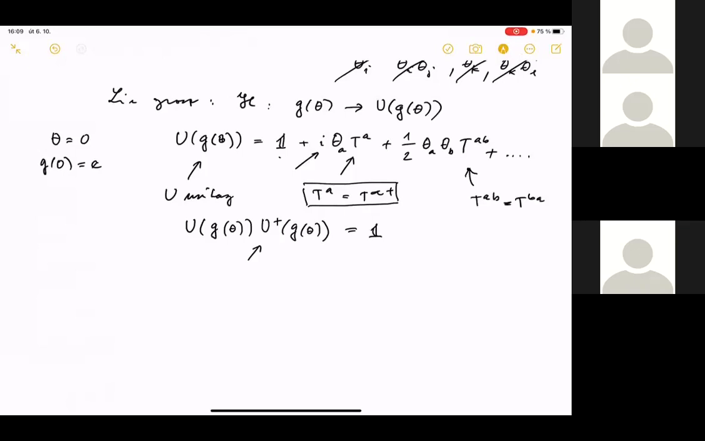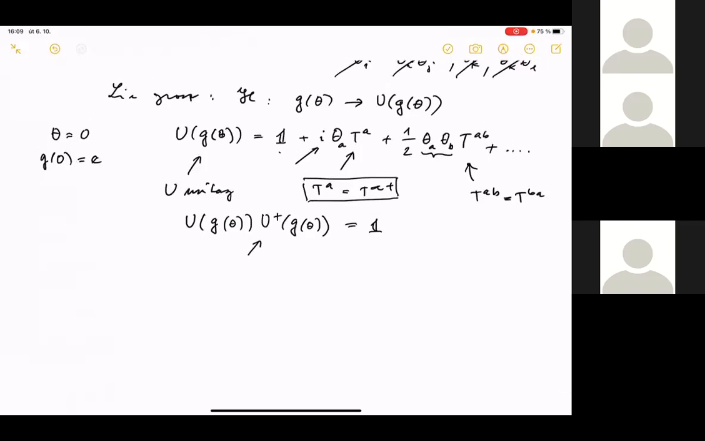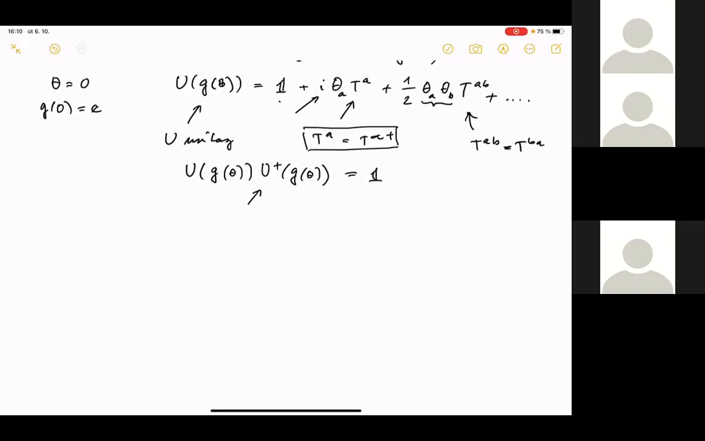It is clear because this product theta A, theta B is symmetric with respect to exchange of A and B. Here, of course, the summation over repeated indices is strictly assumed. Let us now calculate what happens if we take a product of two such transformations corresponding to two different sets of parameters. So we get, according to this Taylor expansion, 1 plus I theta A TA plus 1/2 theta A